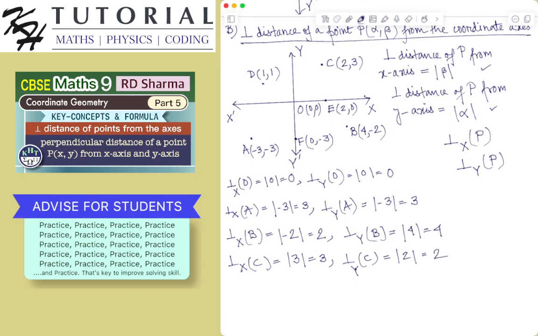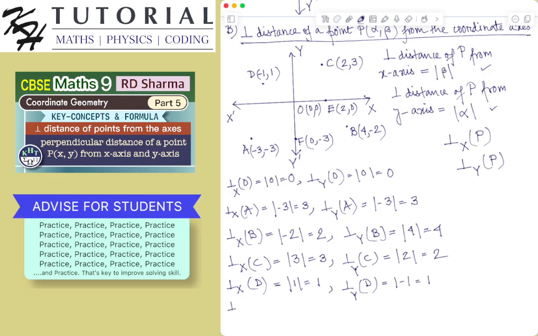Let's see the perpendicular distance of the point D from the x-axis. It will be the absolute value of the ordinate of the point D, which is 1. So absolute value of 1 is 1. Again, the perpendicular distance of the point D from the y-axis will be the absolute value of the abscissa of point D. Oh, I have plotted the point D incorrectly. The point D will be minus 1 and 1. So it will be absolute value of minus 1,